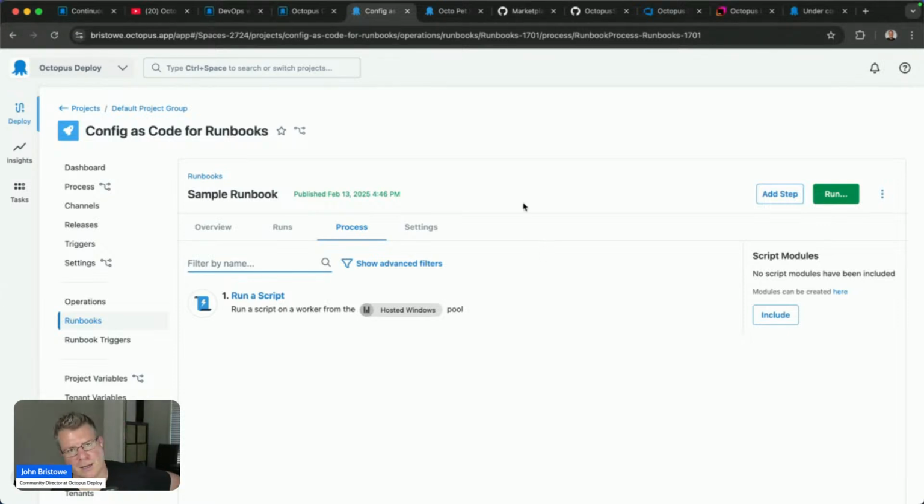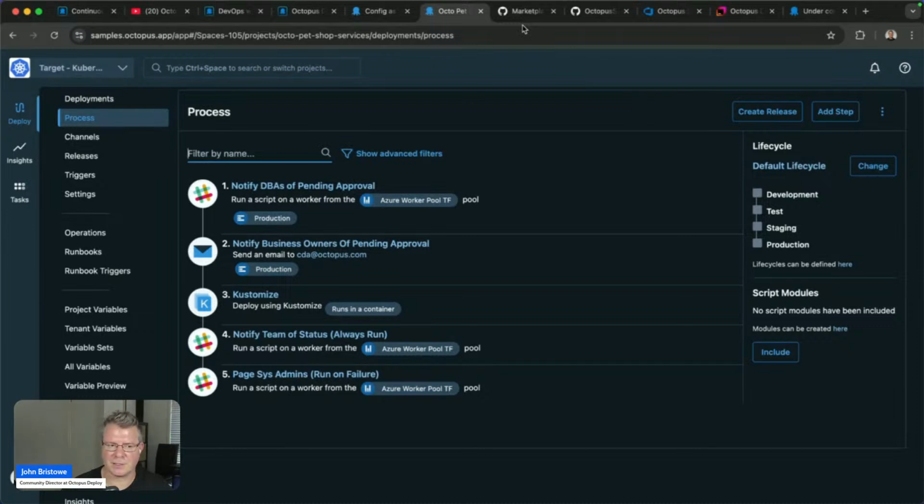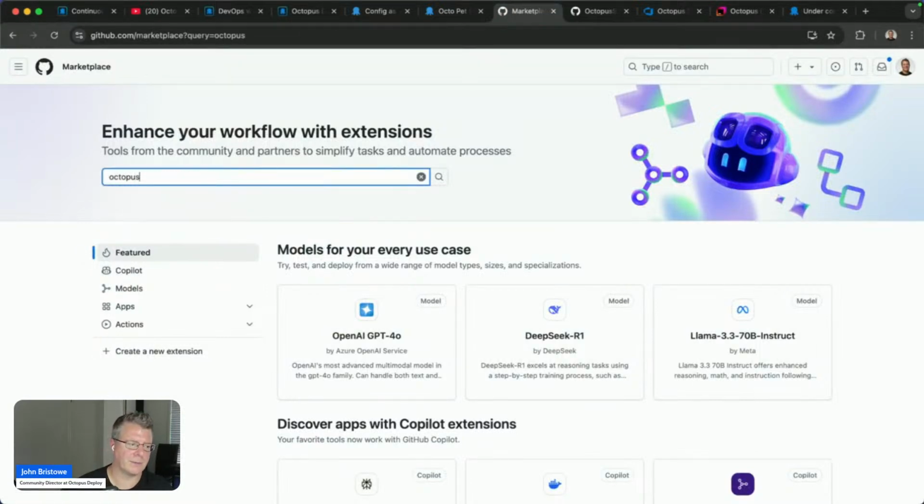One of the questions that comes up often with customers is, okay, I got it, Octopus is a tool for doing deployments. Great. How do I automate this stuff? Oftentimes I'm not going to be doing manual deployments by clicking a button. I want to automate this stuff. Well, the way you do that is you'll integrate Octopus with typically a CI process. CI is typically the process that is starting off, where life springs from. It can be other things as well. There are other capabilities that allow you to do that in Octopus. But oftentimes you utilize a process like GitHub Actions, for example. And so out of the box, we support a variety of mechanisms for integrating with Octopus.